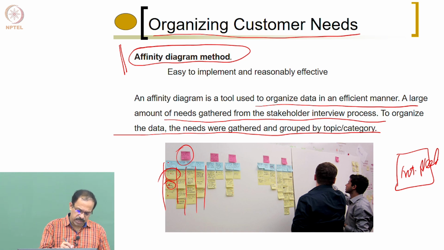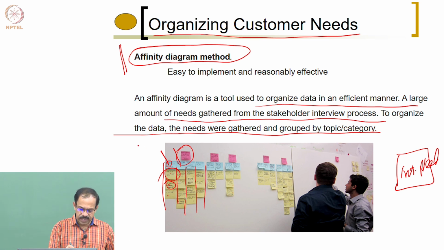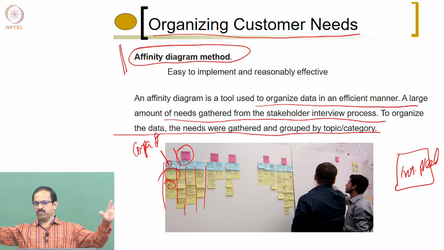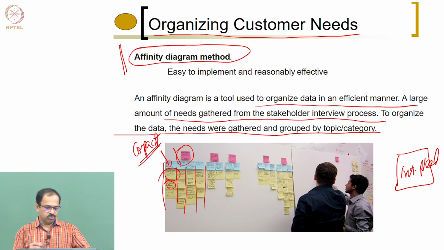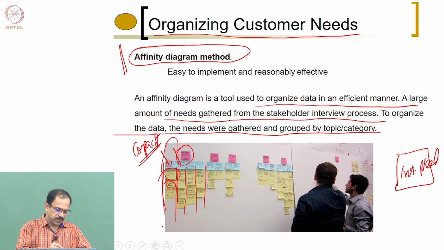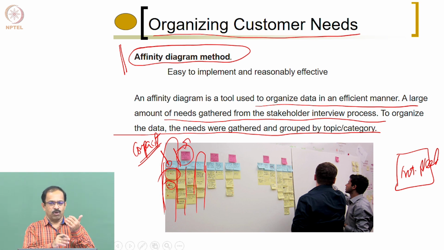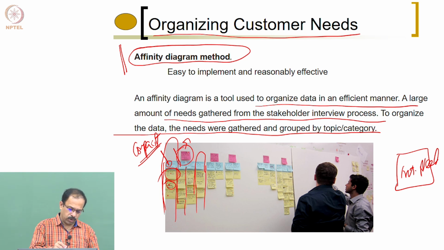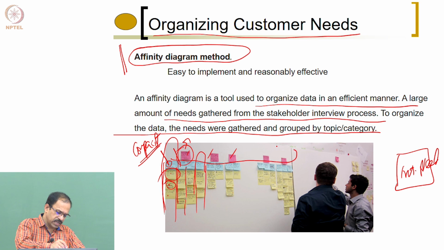And then the need that you can identify can be put into another color post-it pad. So all these three basically tell it should be compact. So you are actually taking the customer needs from different customers and identifying what is the actual need that these customers are talking about. So you will be getting this as a particular need, and then this as a particular need, and then you categorize this one. Is it basically from the cost point of view, a low cost, or size, or the shape, or whatever it is that you identify at the top of this, and then give the importance. Then this becomes the actual needs of the product.